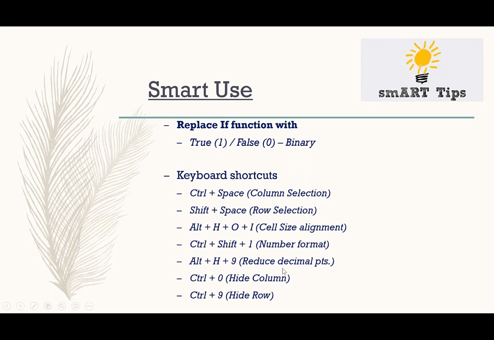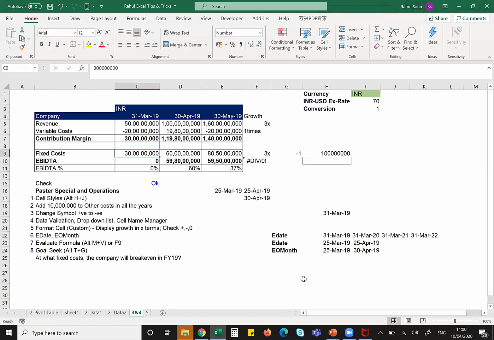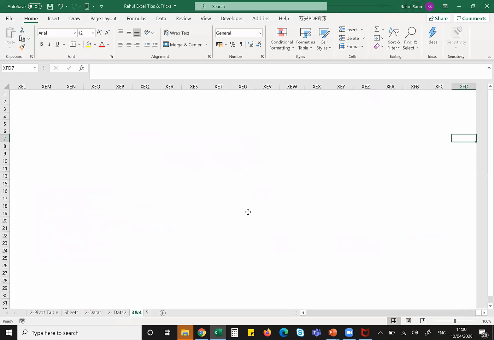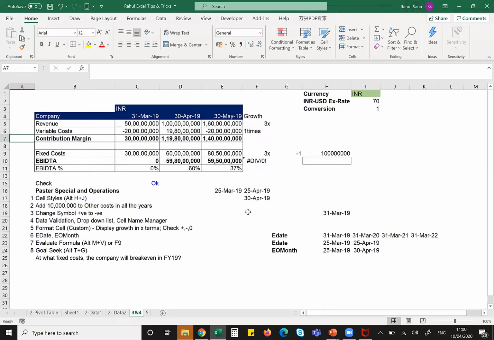Okay, decimal place or height column. Okay, this is very interesting. A practical use, I'll tell you. If you're using a sheet only to this level, say for example, I have only this data in my MIS. I have the last column as 30th May. After that, I don't have anything. Sometimes what happens, if I'm running across the sheet, I just click Control and right arrow. It takes me here, and from here, if I click it, sometimes it takes me to the end of the sheet, and then I have to jump back. And this creates a lot of problems at times, right? You all have faced practically this issue.